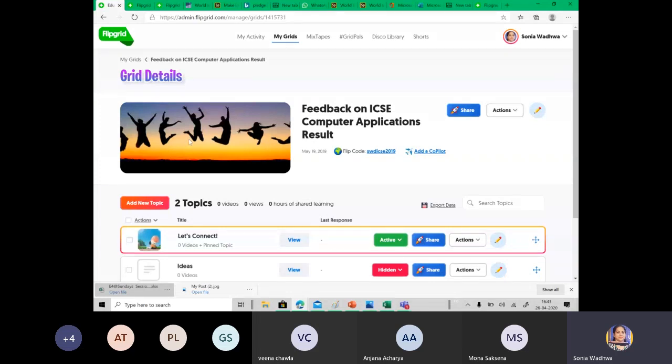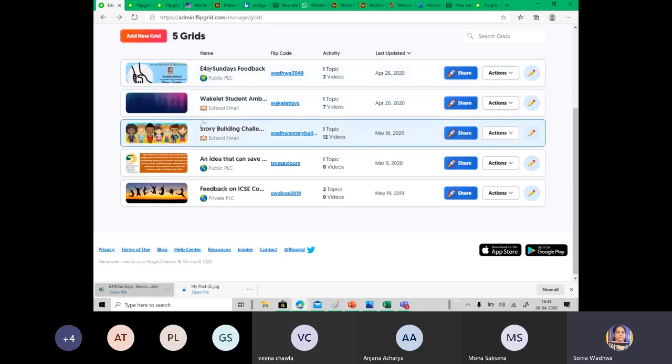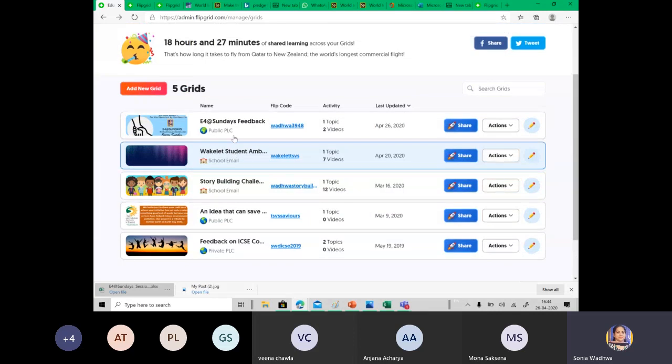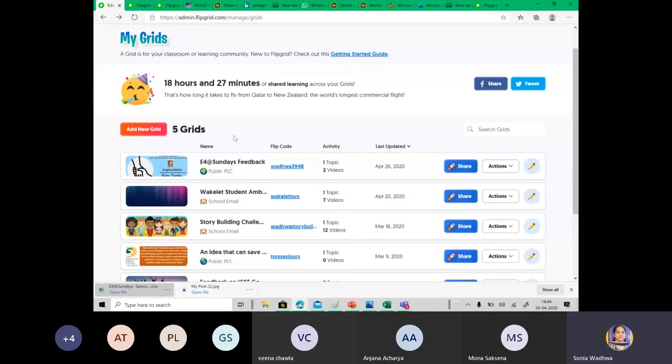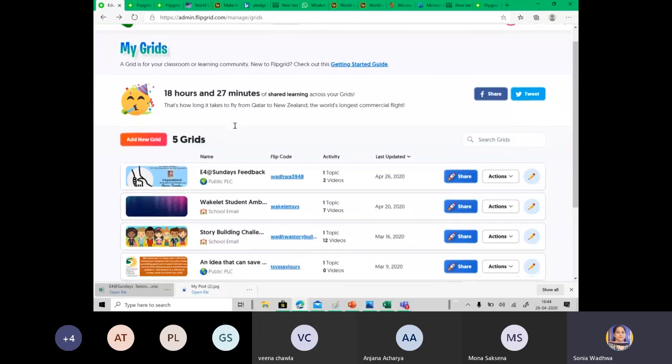So you can create a grid. For example, you have taught a beautiful topic to the students and you feel that it has a lot of real life application, and you want to give them a platform to speak about the application of that topic. Students really enjoy when they actually show their face in the camera and give their live feedback. So that's why the tagline of the tool is empower student voices.